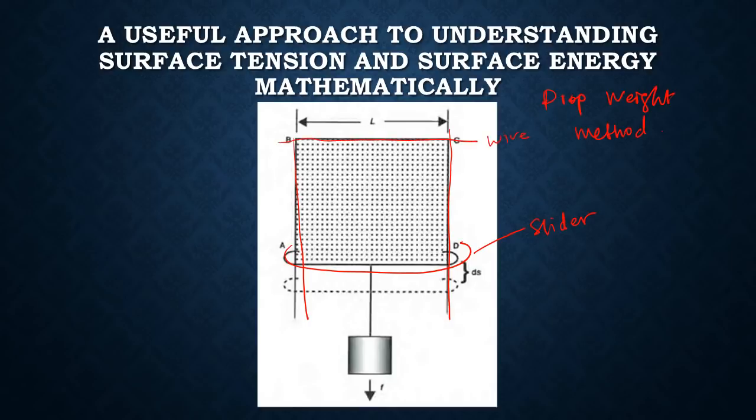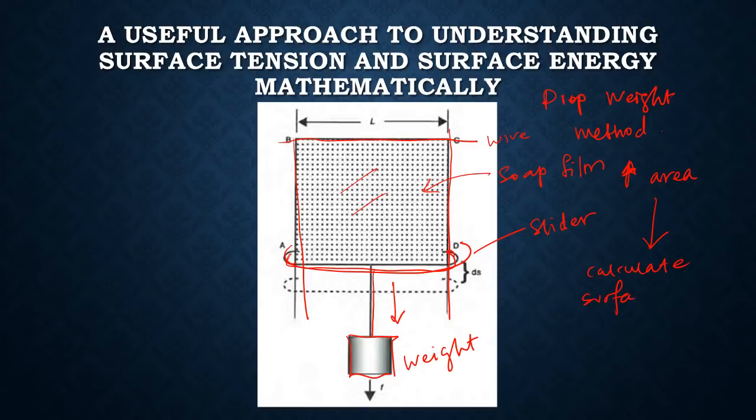We try to make a soap film here, and the slider is attached to a weight, and this certain weight will draw the soap film to a bigger area, and here we can calculate the surface tension